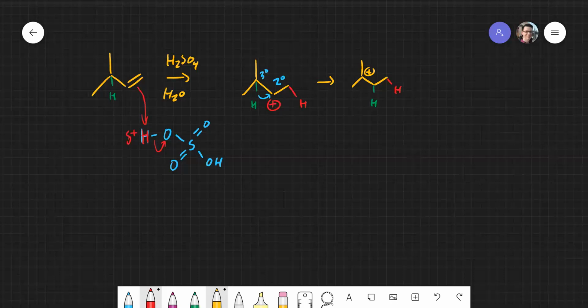And from here, we're simply going to see the reaction mechanism follow as it was in the previous example. So we have a carbocation that's going to get attacked by a nucleophile. Remember, nucleophiles are Lewis bases. Sulfuric acid is not a nucleophile. But this is where H2O comes in. H2O is going to attack that carbocation and give us our positive